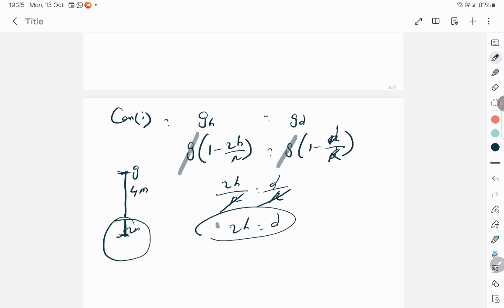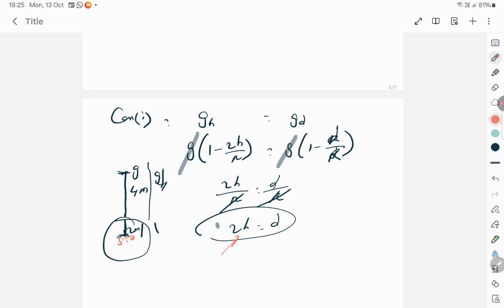You should understand that as you go up and up and up from the surface, the gravity is decreasing. As you go down and down and down, the gravity is decreasing. As you go up also it's decreasing, as you get buried also it is decreasing. So at the center of the earth, the gravity will become 0. That's what is the next proof. So as you go up also it's decreasing, as you go down also it's decreasing, and it happens like 2 times you have to go to that height in order to get understood.